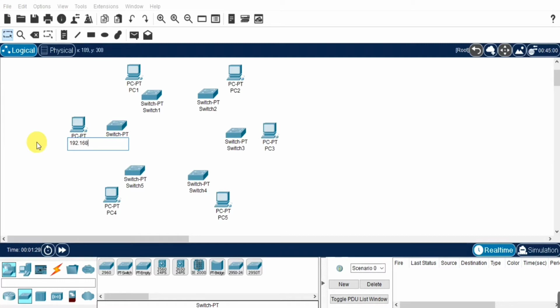The IP addresses I am specifying on the screen need to be given to the devices, but just for your understanding I am showing them on the screen, but it's not mandatory.